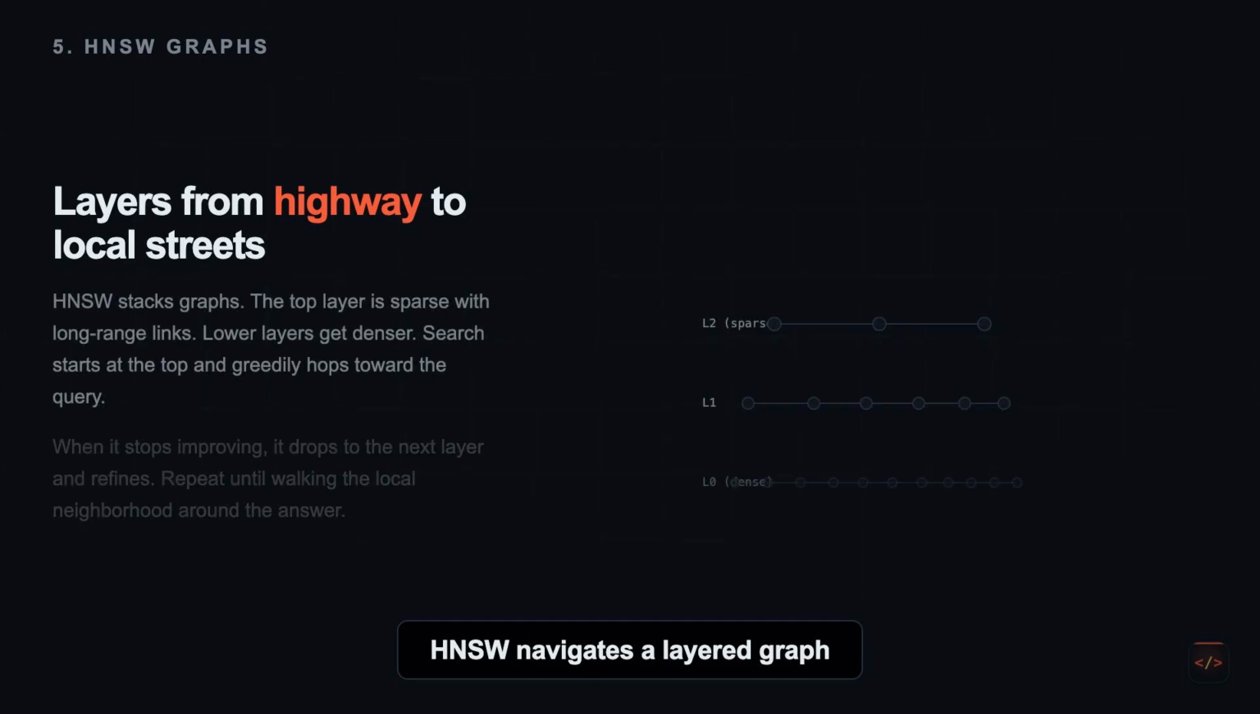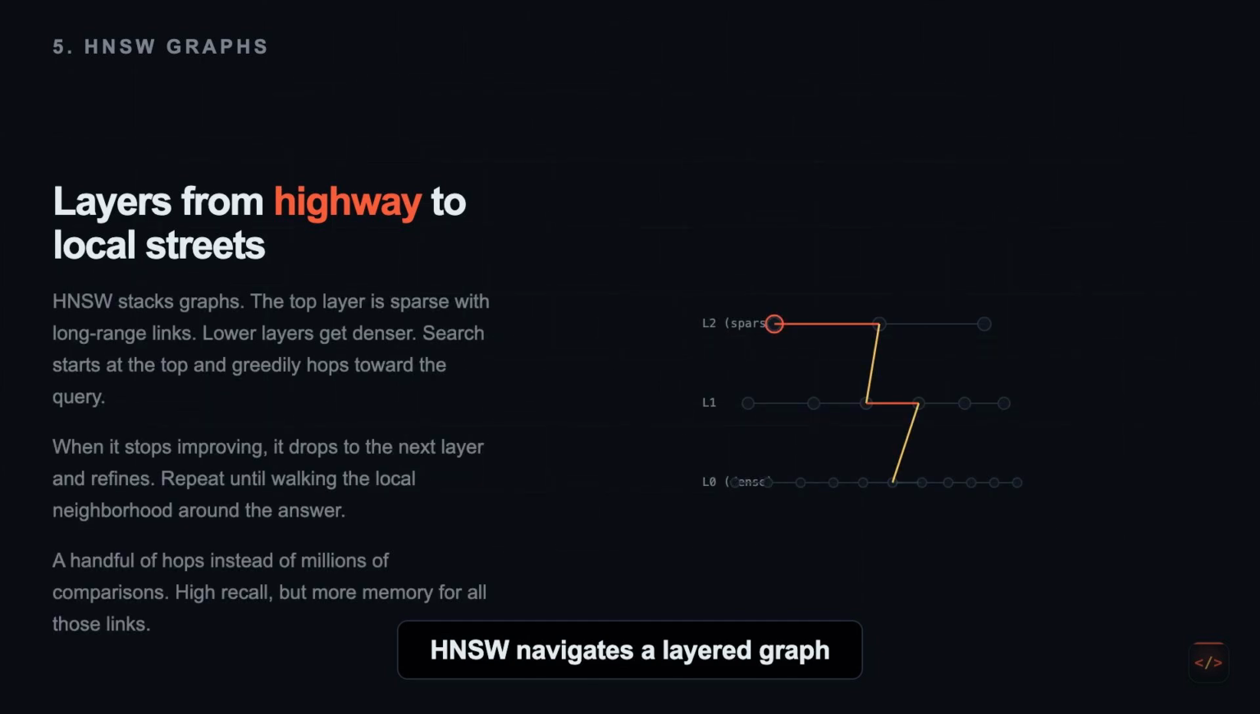So the most popular index today is what you call HNSW, hierarchical navigable small world. Picture a graph where each vector connects to its near neighbors, and then stack that graph in layers. The top layer is sparse with long range links like a highway map, and then the lower layers get denser like local inside